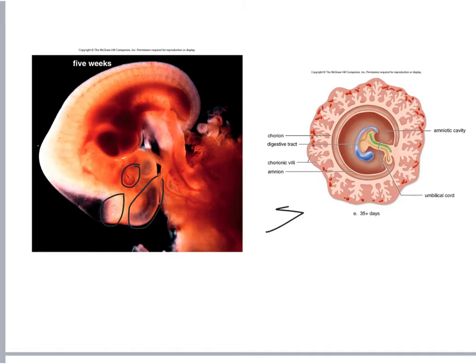And if we look over here on the right, you can see sort of the cartoony version again of what's occurring, where we have the yolk sac being pulled almost entirely inside. You can see the developing embryo, the little blue thing. You can see the chorionic villi extending into the decidua basalis, the amniotic fluid surrounding the embryo. Really, a lot has happened in 5 weeks.